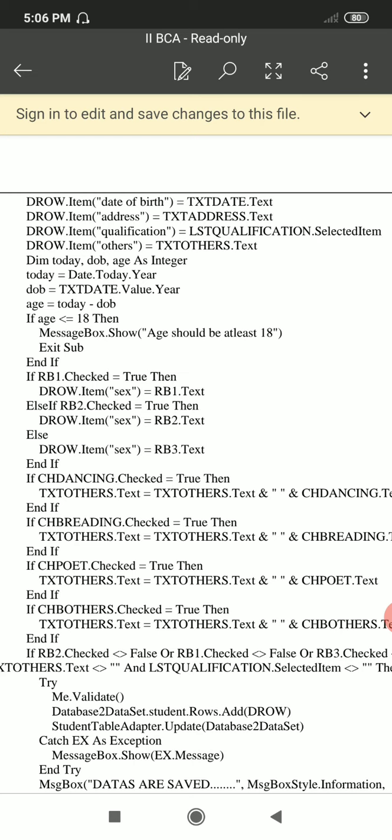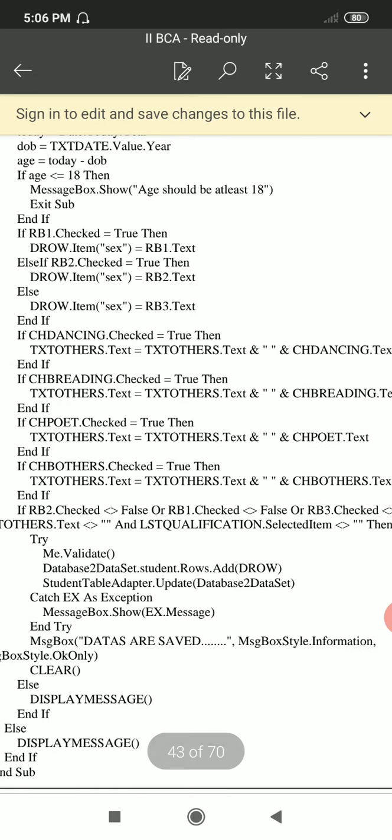Okay. So here also RB1 is a radio button, the value of the radio button whatever you have selected, it should add to the database field name sex.